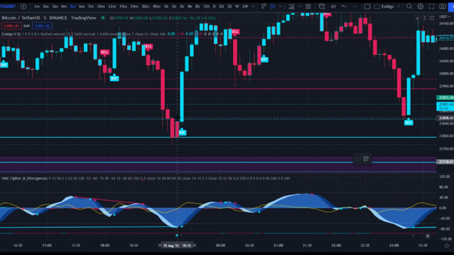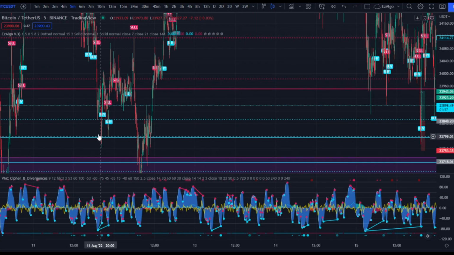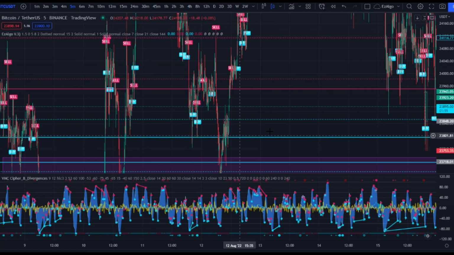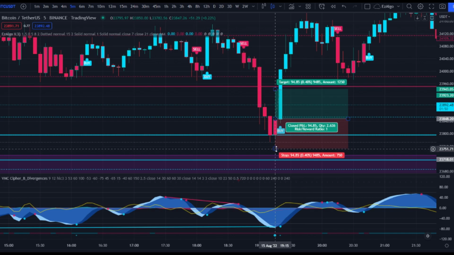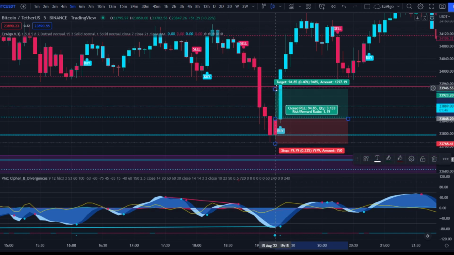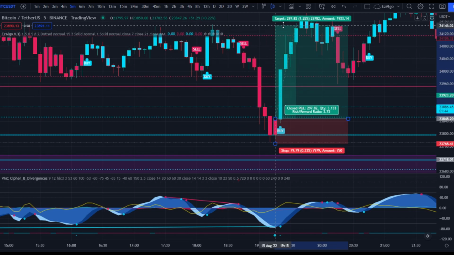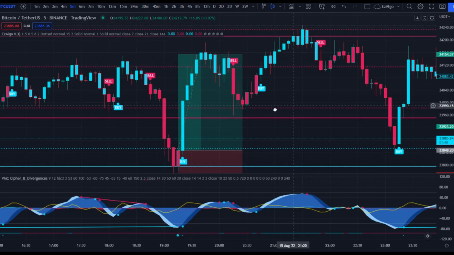As you can see, bullish divergence confirms on this candle, right? We didn't get that blue buy dot yet, but we did get a bullish divergence, and we're also at an EzAlgo support level, right? If I go back, we're at an EzAlgo support level. Price has rejected from this level multiple times, and this is on the 15-minute. You can actually enter this trade right here, stop loss below previous swing low, targeting the next resistance level. It goes all the way up to over 1% gain on the 5-minute time frame,